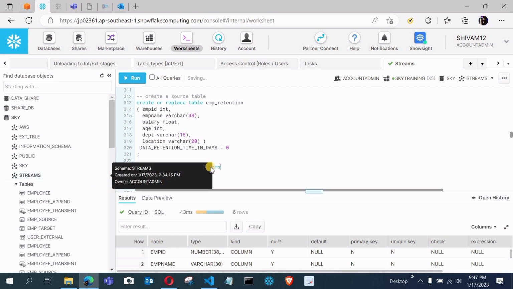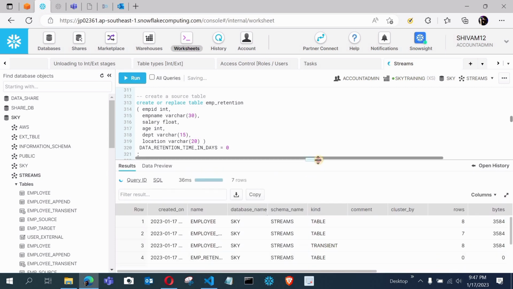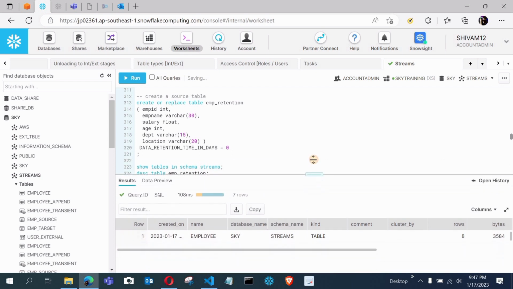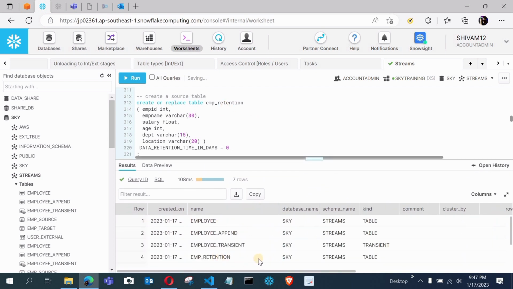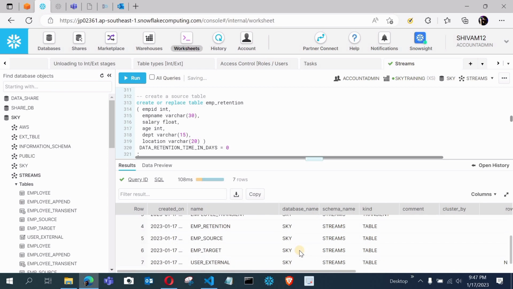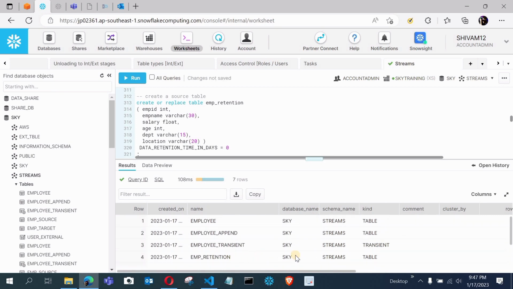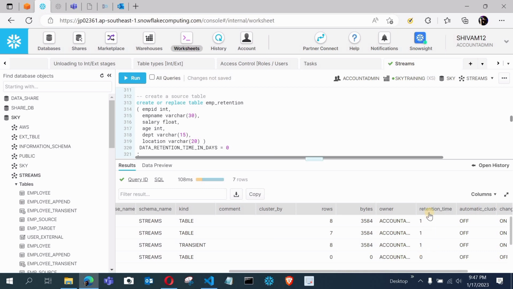Let me execute this and it will show all the tables which are available to us. Which table have we created? emp retention. So we will locate emp retention. This is the table, and you can see here the retention time is 0, because we have set the retention time in days to 0 for this table.